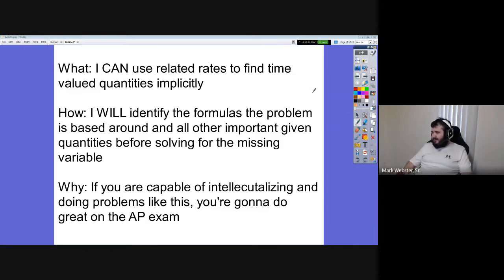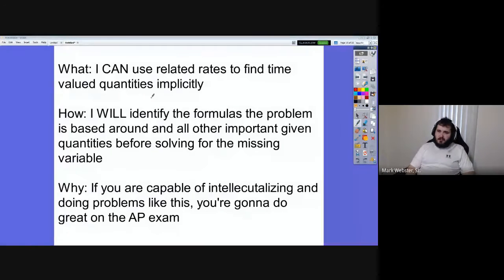And basically the story problems are going to require you to think something up. And we'll talk about what that means. So, what are we doing? We're going to be able to use related rates to find time-valued quantities implicitly. I'm using implicit here, right? And I wanted to emphasize this phrase time-valued because